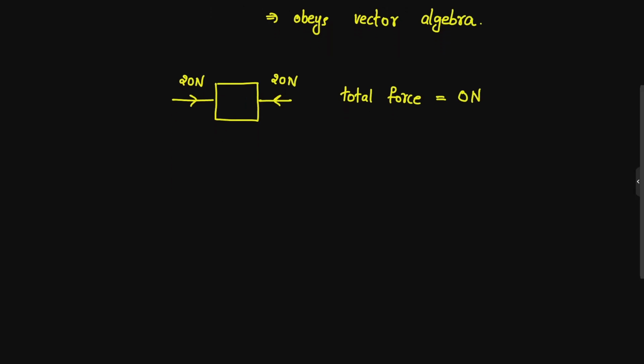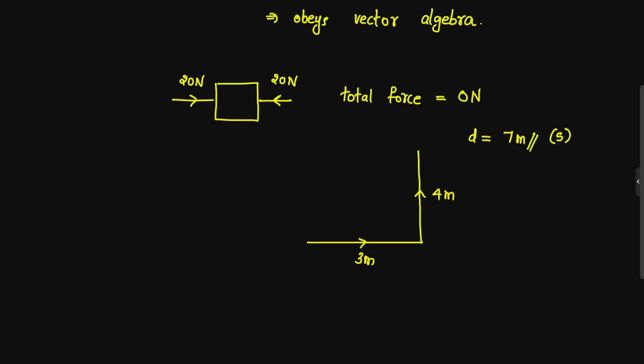In a similar manner, if you want a more clear idea, we can think about one case. A body traveled from here to here, it covered 3 meters. A body traveled from here to here, it covered 4 meters. And maybe they will ask you distance. Distance is a scalar quantity. What is the total distance covered? We will write 3 plus 4. That will come as simply 7 meters will be your answer in distance. It is a scalar quantity. That is why we simply add and said it is the total quantity.